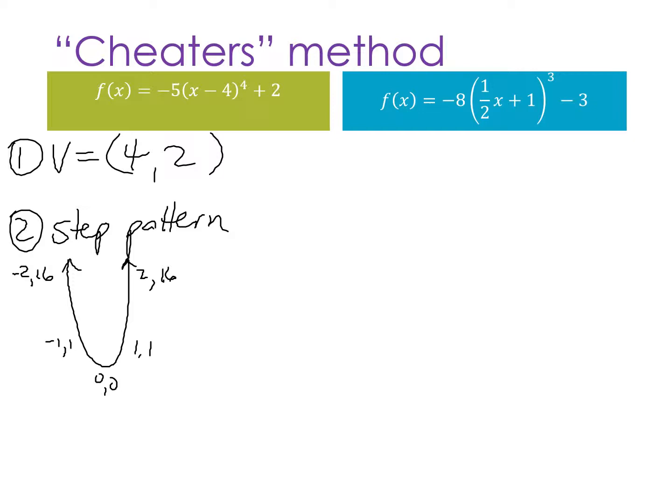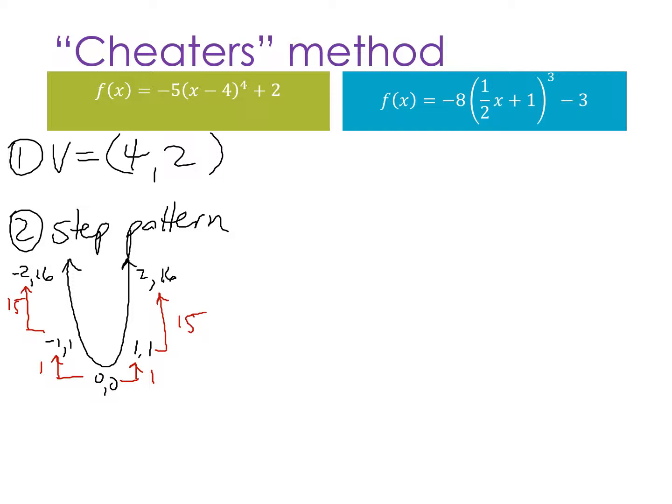So if you wanted to come up with your own step pattern for this, we started at the vertex, over 1, up 1, over 1, up 15, and over 1, up 1, over 1, up 15. And again, this is where the numbers kind of get crazy with the quartic,